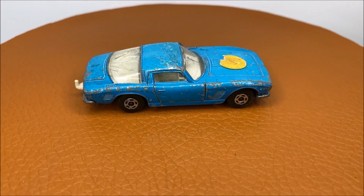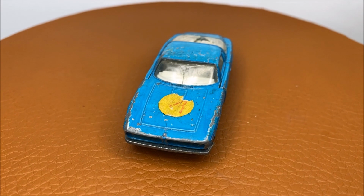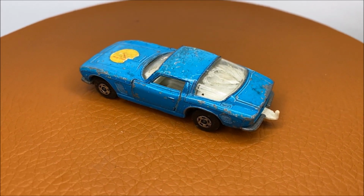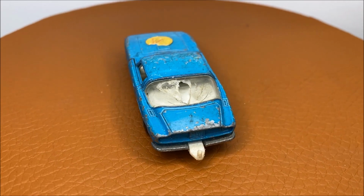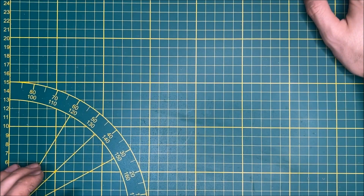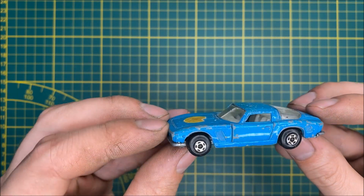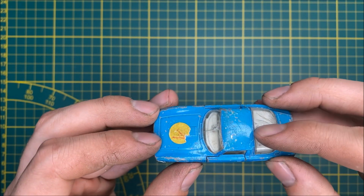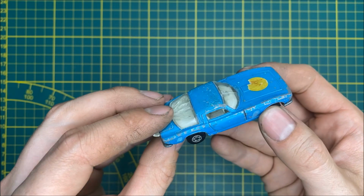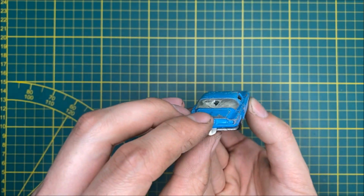It's the Iso Grifo. The car originally came out in real life in 1965 and was produced until 1974. It had an all-American Ford or Chevy engine and was to compete with the great Ferrari and Maserati at the time. The styling was done by Bertone. And the Matchbox version actually came out in 1968 in the 1 to 75 series. It also was a variant from 1969 to 1970, and then my variant from 1971 till 1974 is the Superfast